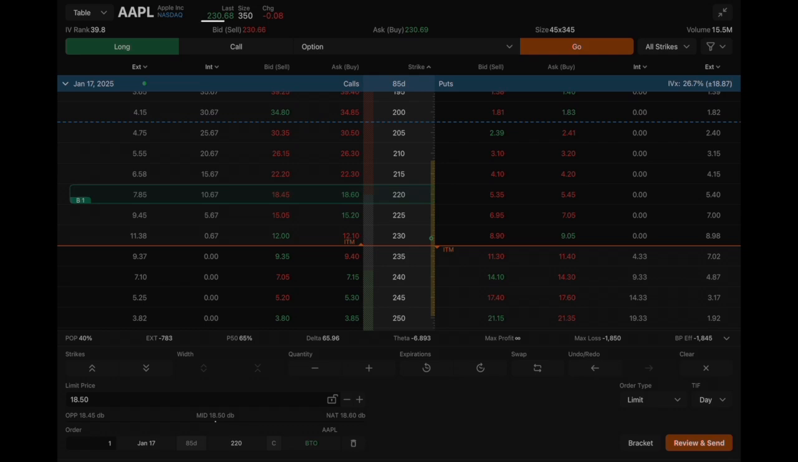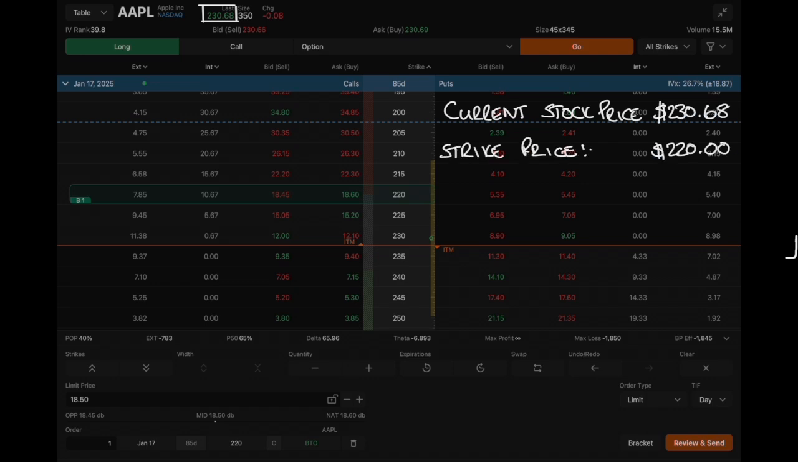Let's take a look at the options chain for Apple stock on screen. We can see at the top of the screen, the current trading price is $230.68, highlighted in white. We have chosen the $220 call option. In the two columns on the left-hand side, we can see the intrinsic value of the option, highlighted in red, is